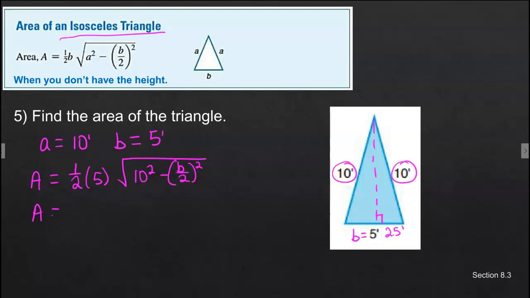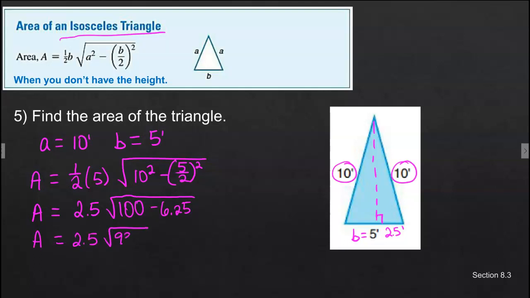So that might help make sense. And then let's work through this a little bit more. 1/2 of 5 is 2.5. Oh, I put a B in there, so hey, let's put a 5 because we know B. Okay, so it's going to be 10 squared minus 2.5 squared, or 5/2. You can do that if you want to. I'm going to go ahead and change it to a decimal. And then I'm going to take 2.5